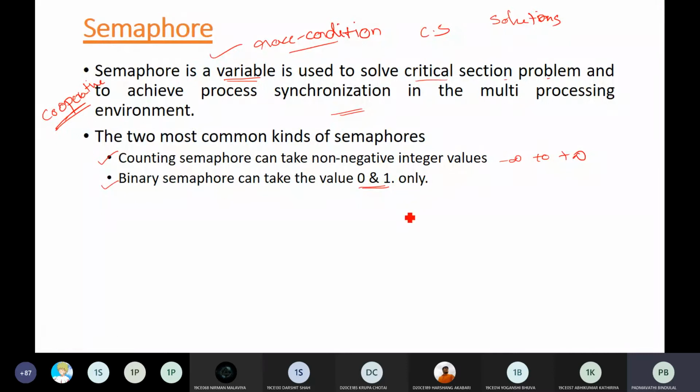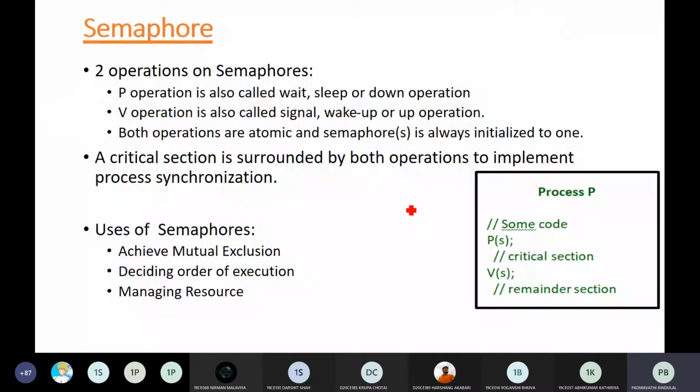So what is this semaphore, what operations you can perform, let's see with one example also. On semaphore we say that it is a variable, so you can perform two operations. The first operation is the P operation and the next operation is the V operation. Now in some textbooks or blogs or material you will find the P operation renamed as wait, sleep, down. All these are the same, the logic inside is the same. So if you find in any book the name is different, then don't get confused. I have written all the possible names.